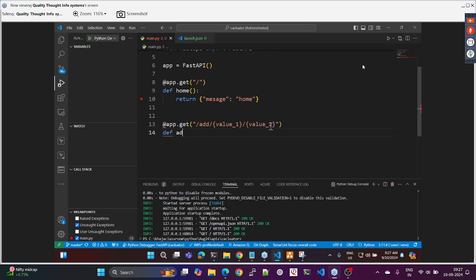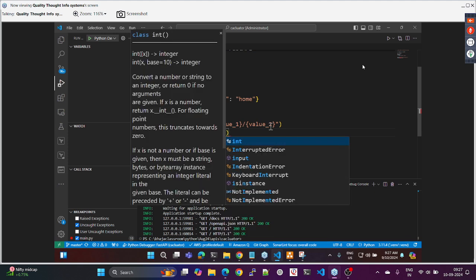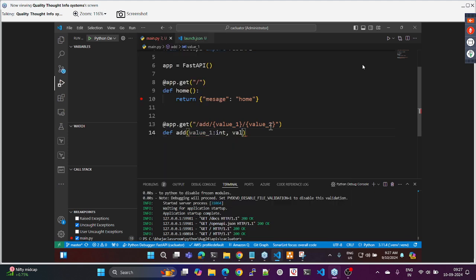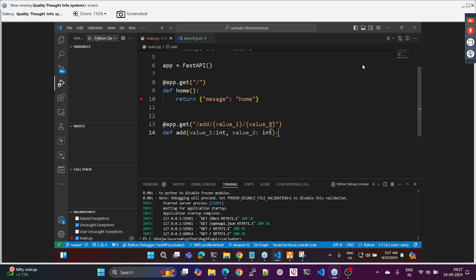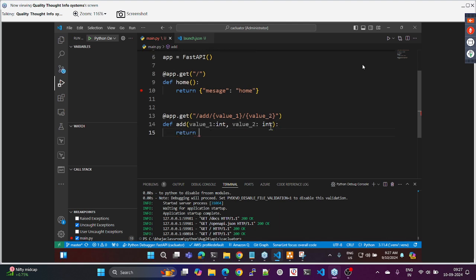Now def add of value underscore 1 is of type int and value underscore 2 is of type int. And then let me return value 1 plus